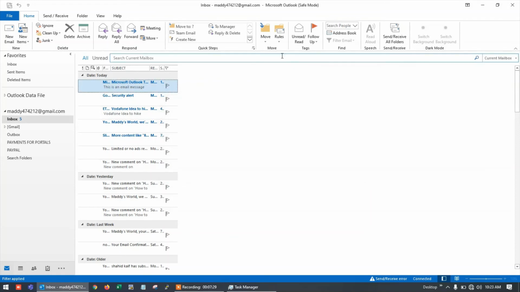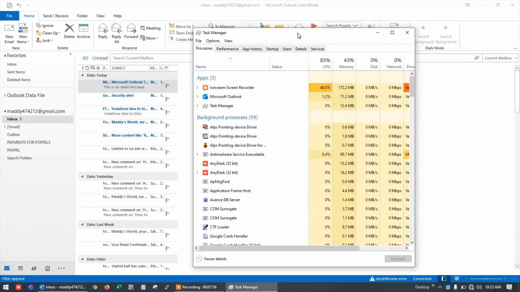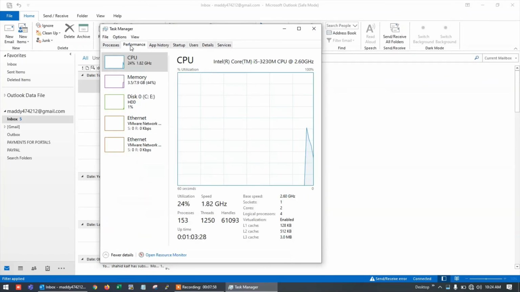And sometimes you get a prompt on the top that Outlook has hung. You are trying to close it, but it is not closing. It keeps you waiting for a long time. At that time you can simply kill the Outlook process from Task Manager. For that you have to open Task Manager. Simply right click on the taskbar, and you can see an option for Task Manager. Once you click on Task Manager, this kind of window opens.